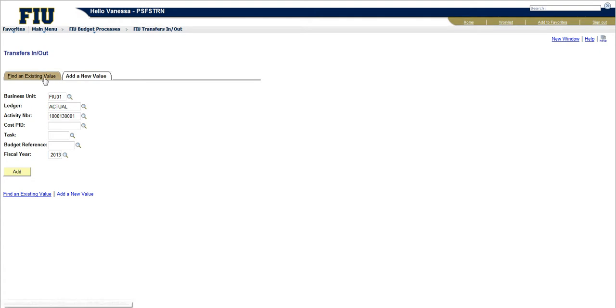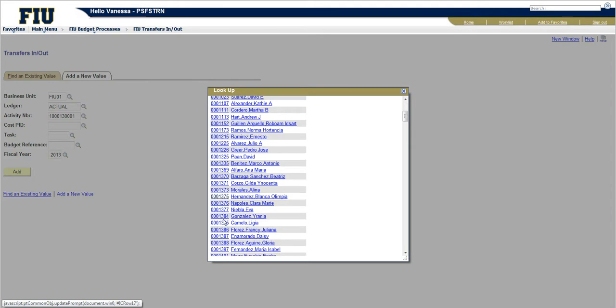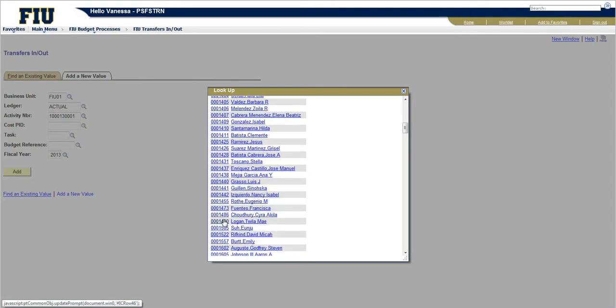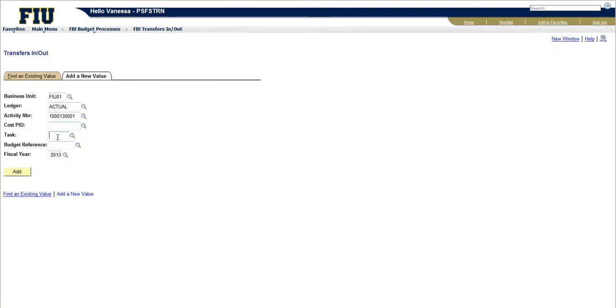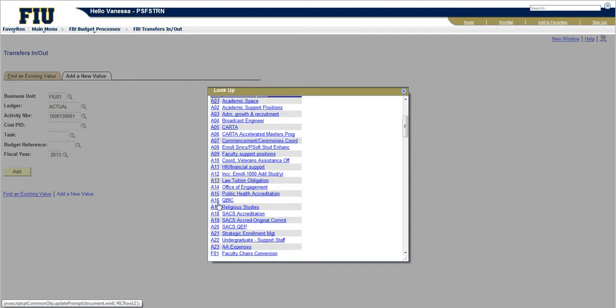For the optional fields, we have the cost PID, the task, and the budget reference. In the cost PID, you will be asked to enter a 7-digit Panther ID, and this will be used to track revenues and expenses for a specific faculty allocation. In the task field, you will be asked to enter a 3-digit